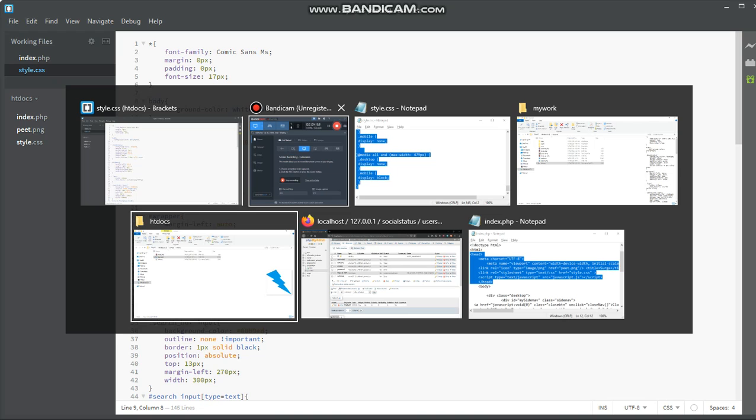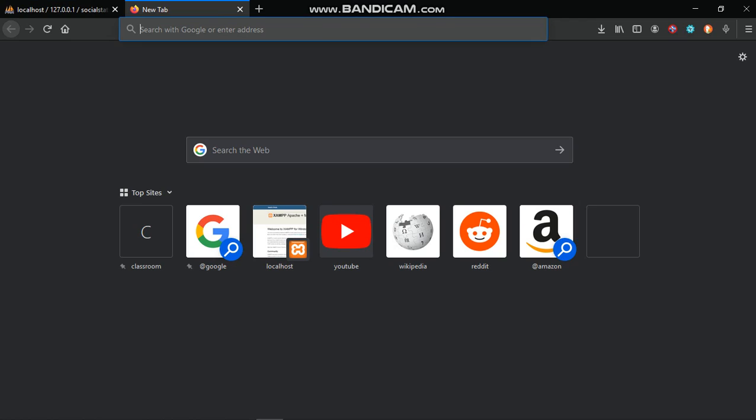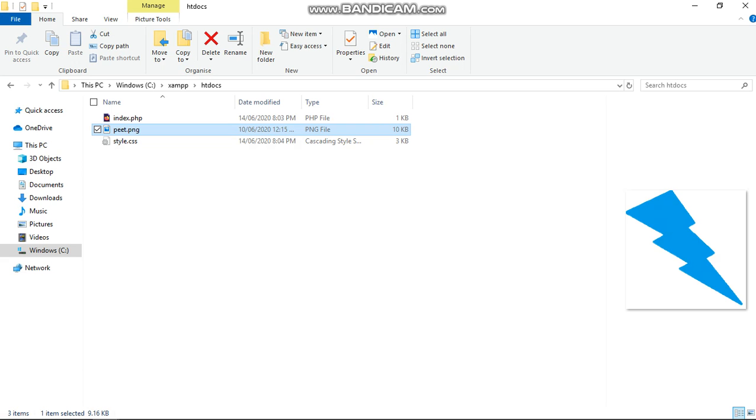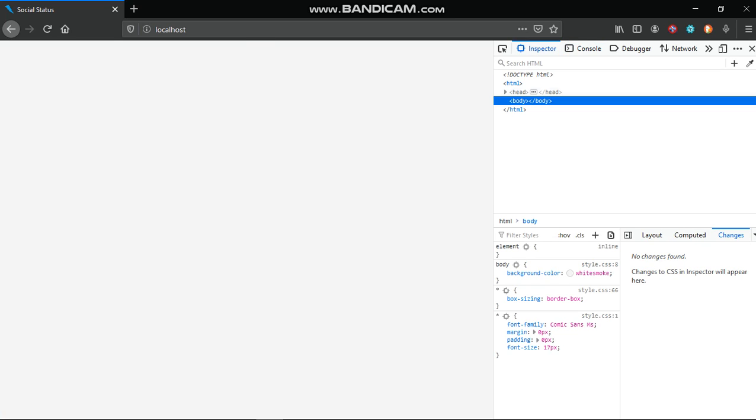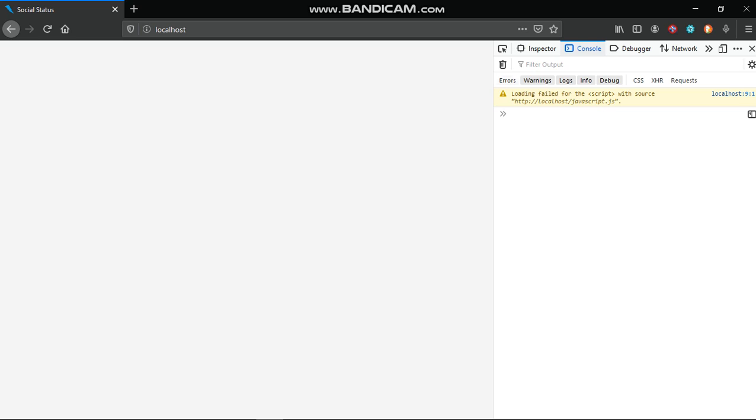Let me open it in the browser. So now let's check out our page and see how it looks. Our icon is showing here. Look at it. Then let's press Control Shift K for Firefox. Sorry, there's a mistake here, ignore that. The console shows if there are problems, errors, warnings, logs, all those things.